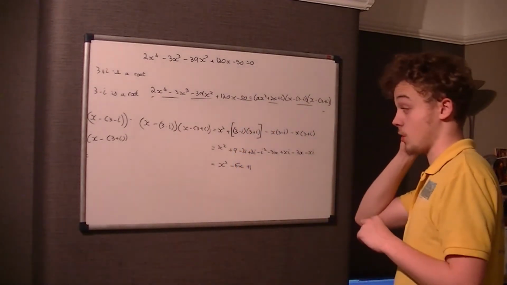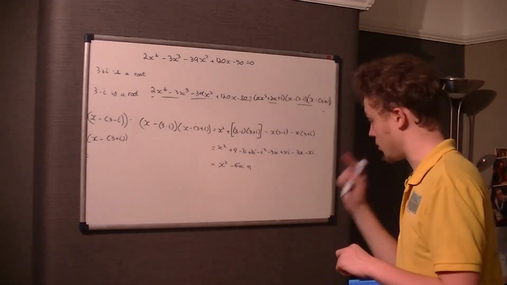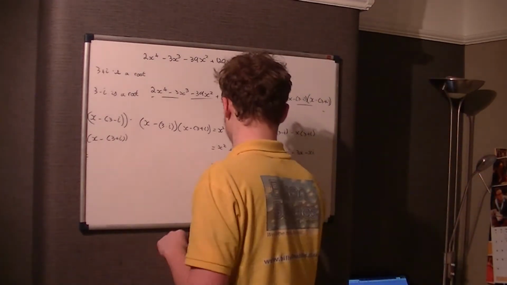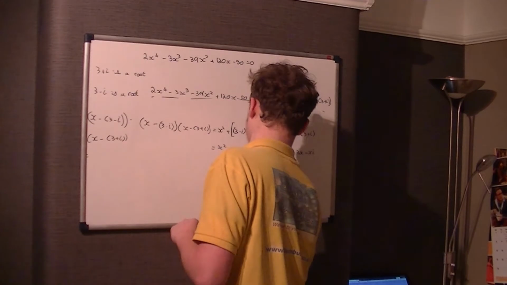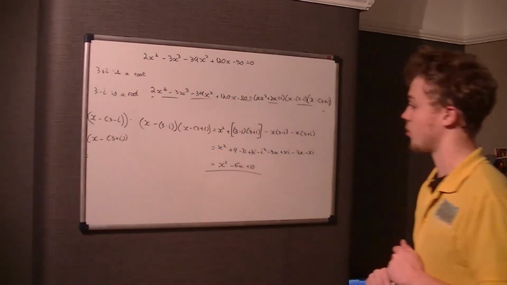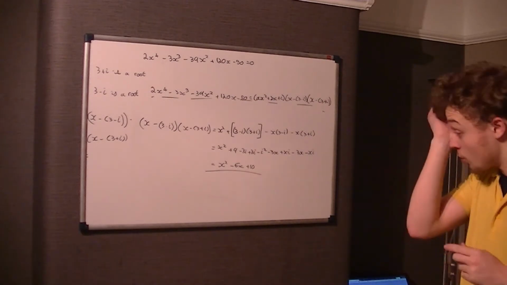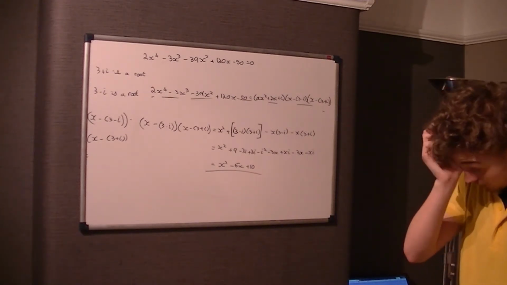Okay, so therefore we've got plus 9 plus 1, and that is all we've got so far. So it's x squared take 6x plus 10. Okay, so that's our quadratic that comes from this. Now, if you wanted to double check your working, which I'm definitely going to do now before I continue,